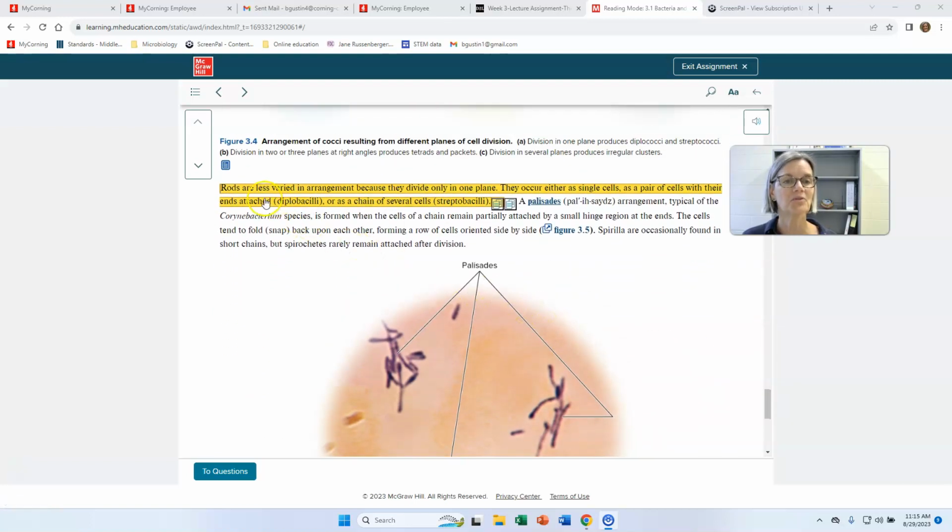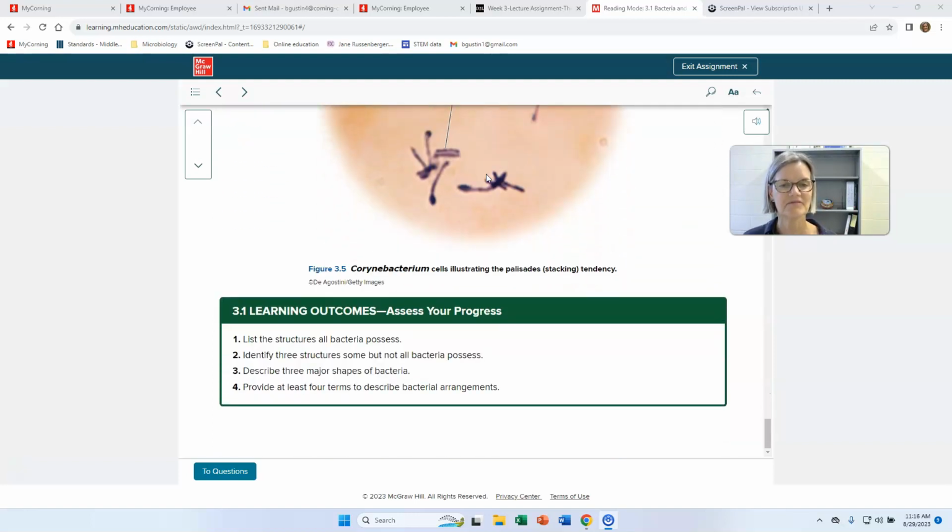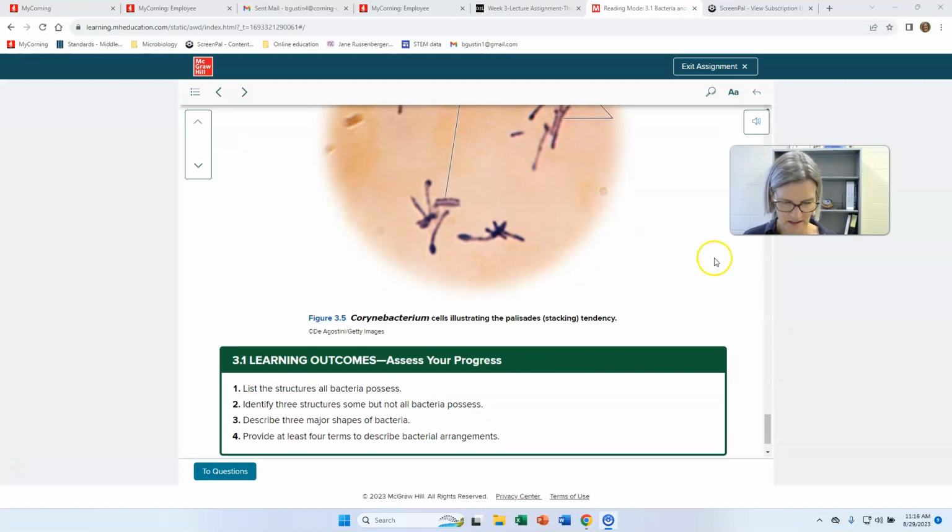Here it tells you rods are less varied in their arrangement because they only divide in one way, but you can find some in pairs, so they might be diplobacilli, and you might find them in chains called streptobacilli. Usually they're in singles, and we just call them bacillus. That's the last thing I